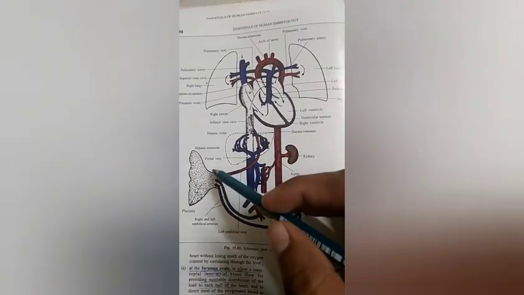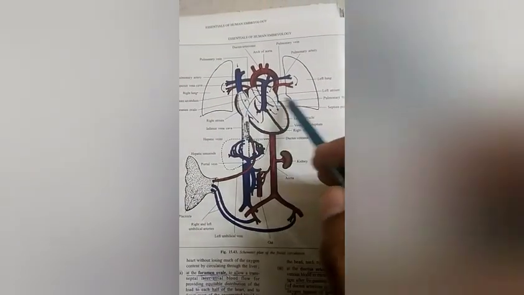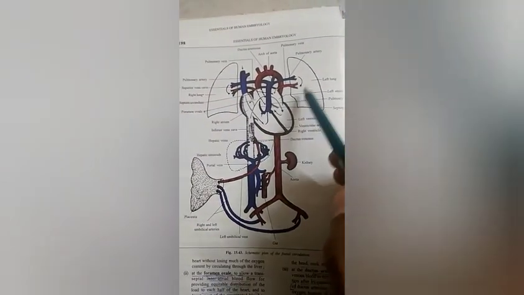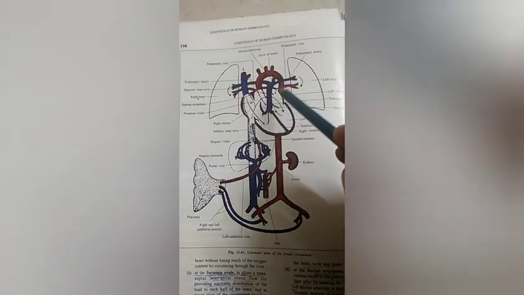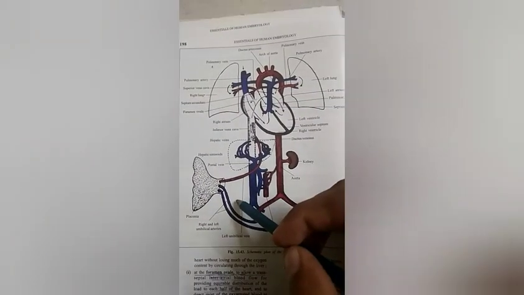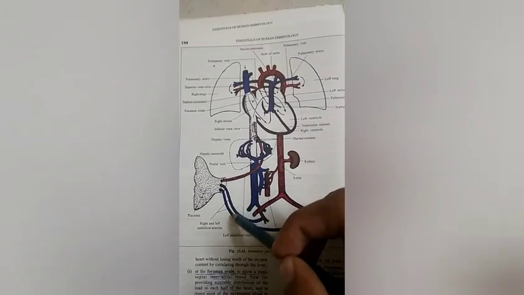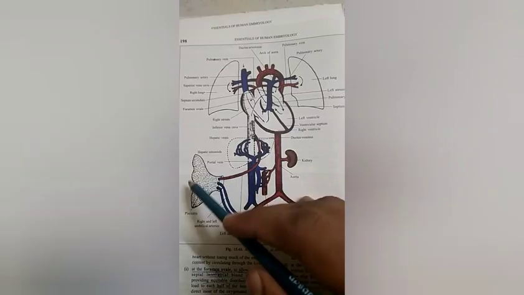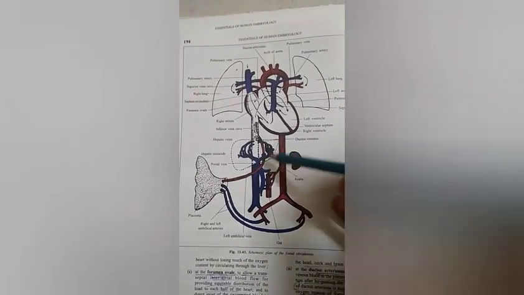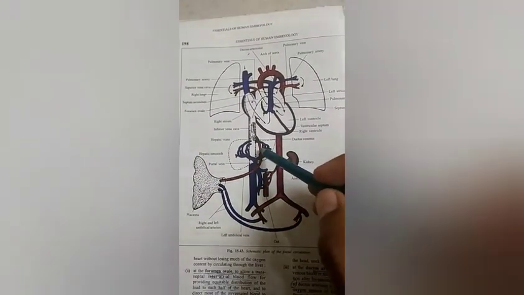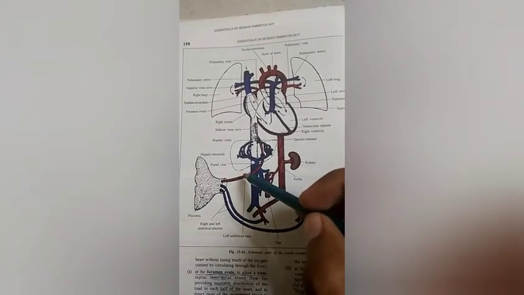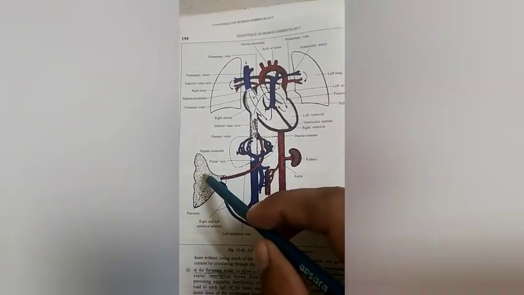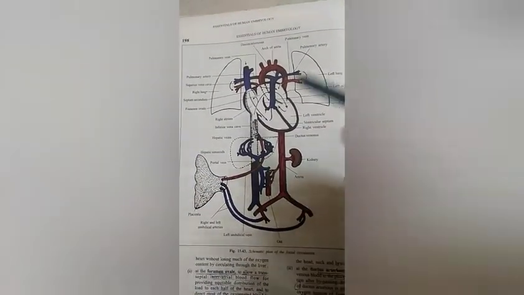Now, with the birth of the baby, the lung starts functioning and the function of oxygenation is taken over by the lung. So there are certain changes that take place at the time of birth in the circulation. The first change: at the time of birth, the umbilical arteries get obliterated immediately so that there is very little loss of blood into the placenta. Sometime after birth, the umbilical vein and ductus venosus also get obliterated, so that until then blood from the placenta can enter into the fetus.